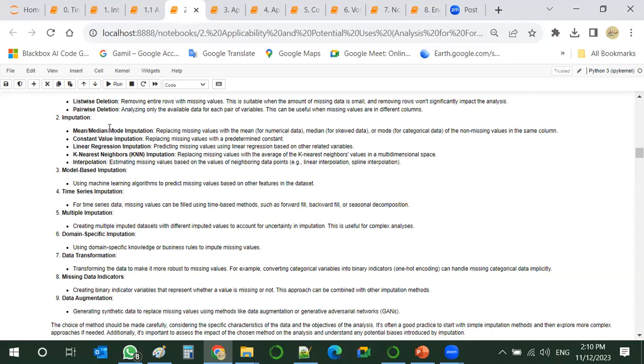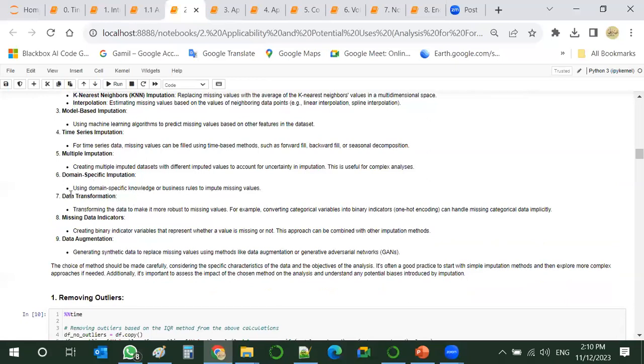But there are many more methods that can be used: model-based imputation, time series imputation, multiple domain-specific imputation. And this is where, again, domain knowledge and expertise come onto the stage.